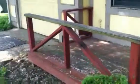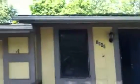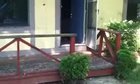Alright, so we're going to go the good, the bad, and the ugly here. The front porch needs to be redone. Plus the style is a little outdated. We could really bring some curb appeal to the house by spending $800 to $1,000 building a new deck, staining it, putting new handrails, new balusters,